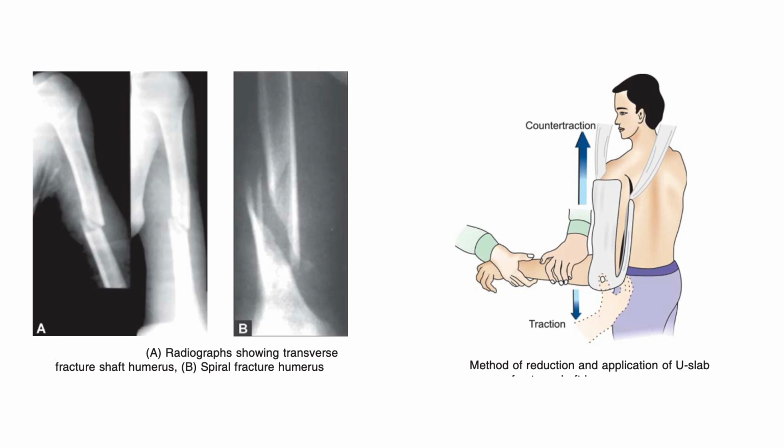Before going into the topic, just to brief you, the cause of humerus fracture, as I mentioned, is physical trauma such as a fall. Other causes are also there, such as conditions like cancer in the bone. The types include proximal humerus fracture, humeral shaft fracture, and distal humeral fractures.